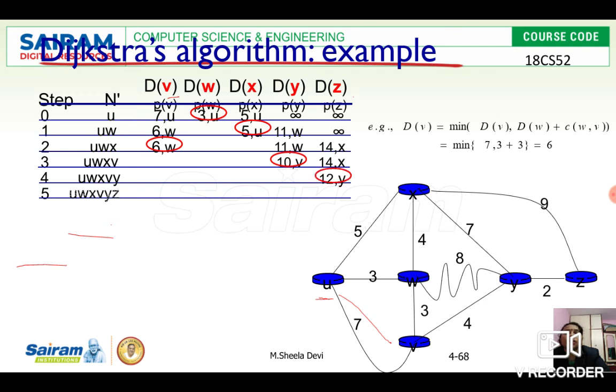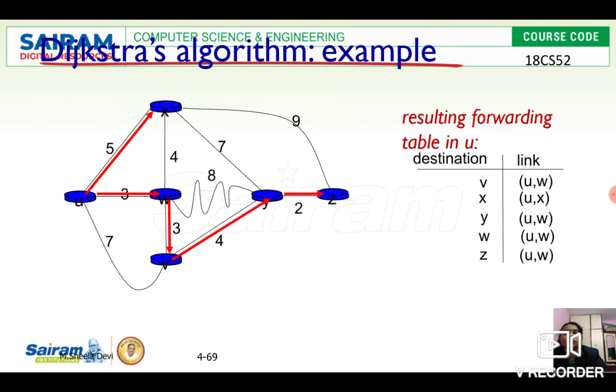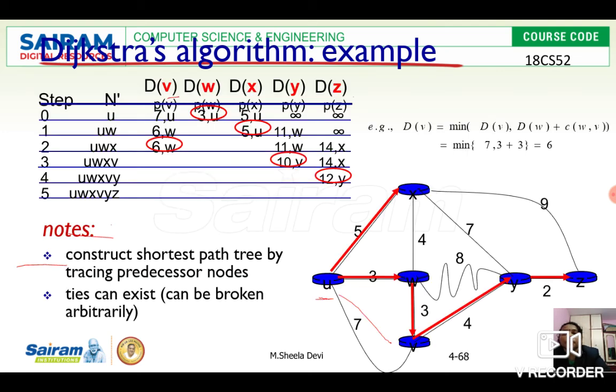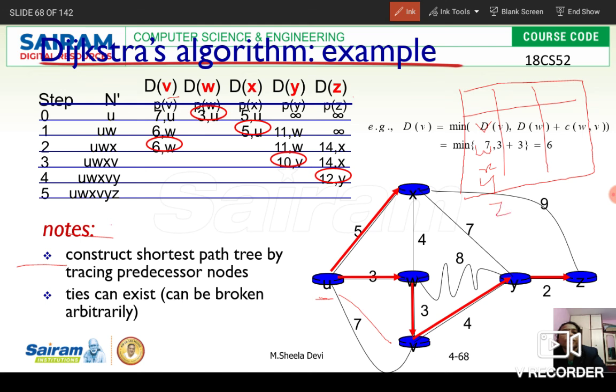Now we have to calculate the routing table with the help of this. How can we calculate? See, this is the graph, and let me draw the diagram here so that you can understand the routing table easily. Yeah, this is the routing table. From U to all the nodes I have to take, that is, the nodes V, W, X, Y and Z. These are the destination nodes, this is the cost and this is the previous node.